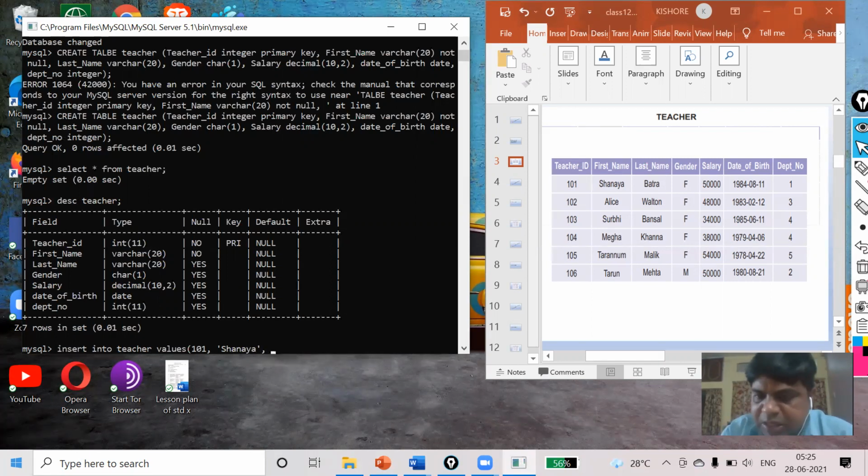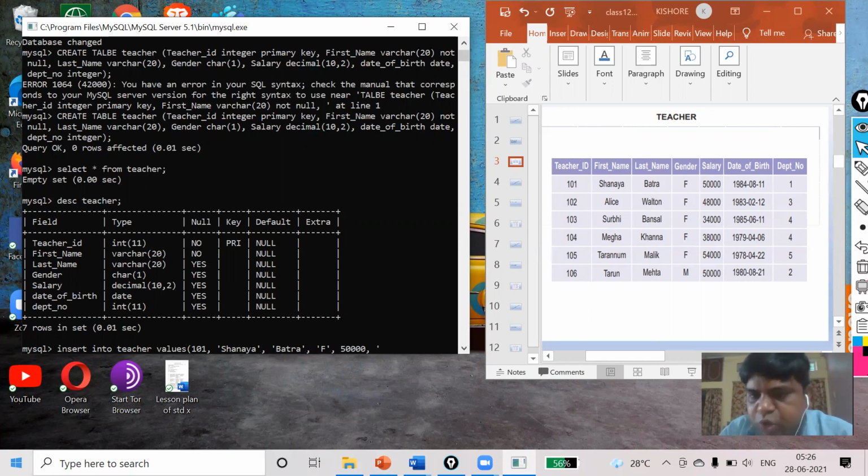Now the next one is Batra. That is also varchar, so I will write this one in quotes. Next one is gender. Gender is showing char, so it will also be in single quotes. Next one is the salary. Salary is a number, so I will write it simply. Next one is date of birth.